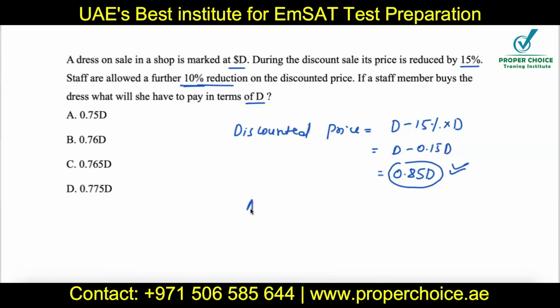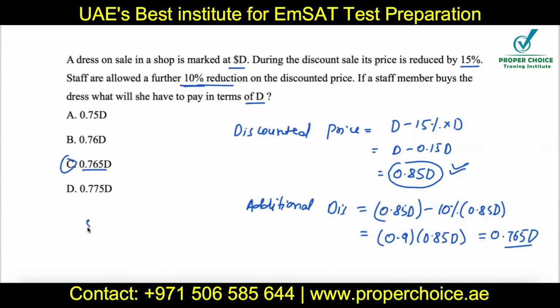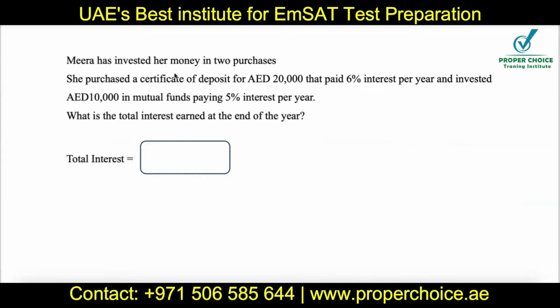So for the additional discount, they're going to charge just 85% of that amount. Mira has invested her money in two purchases. She purchased a certificate with 5% on 10,000. So this is what she earns from the